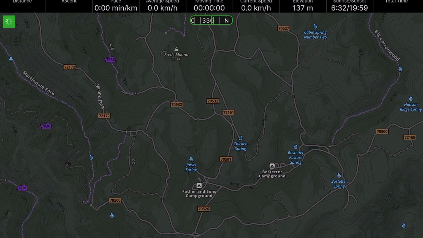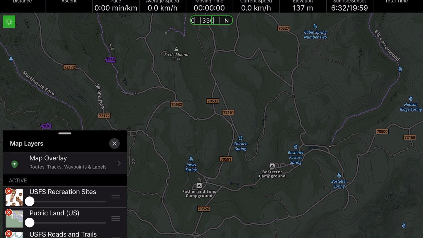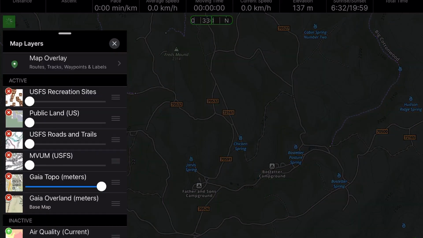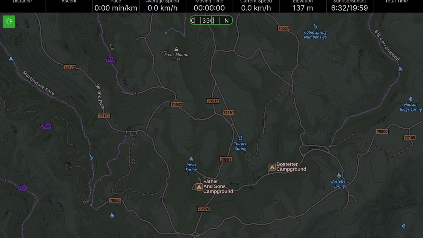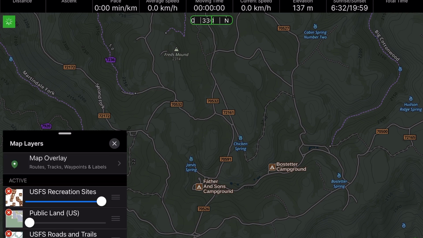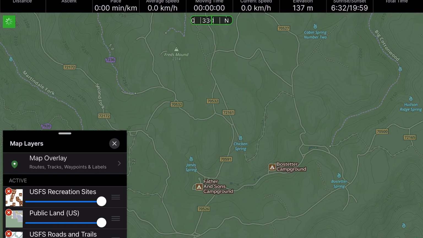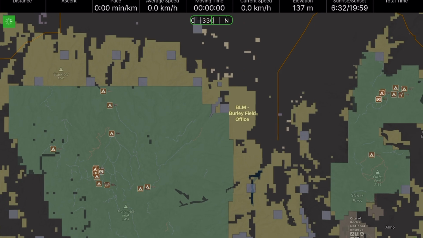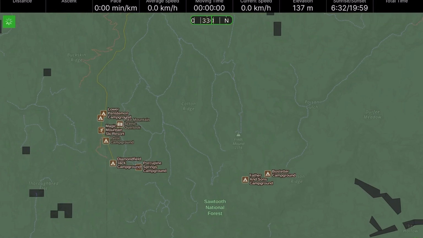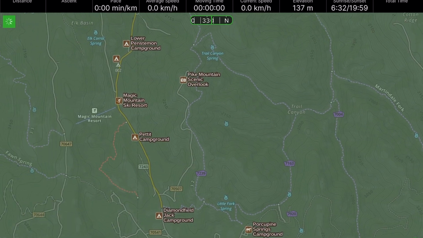So if you wanted to do part of your normal planning, let's say you're in the US, you probably will need to have additional overlays. So the Forestry Services recreation sites, you can turn on that layer so you can see the campgrounds are now being displayed. And let's see, let's choose the public lands. That gives you an idea what's public, what's boundary, what's all the different managed lands. Very useful if you're doing overlanding, of course.